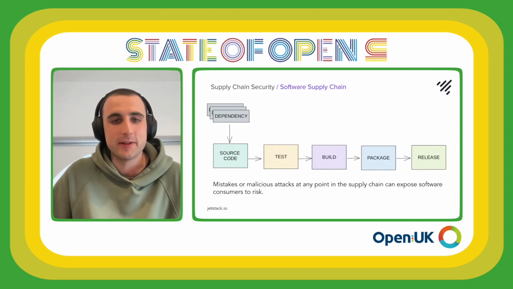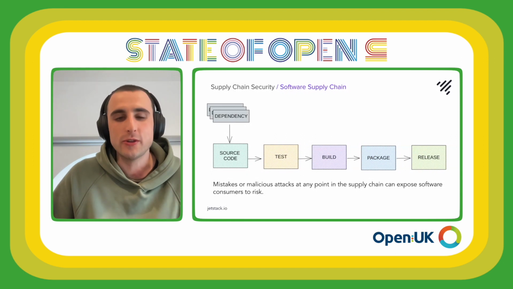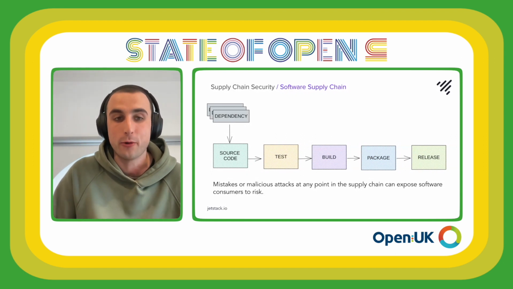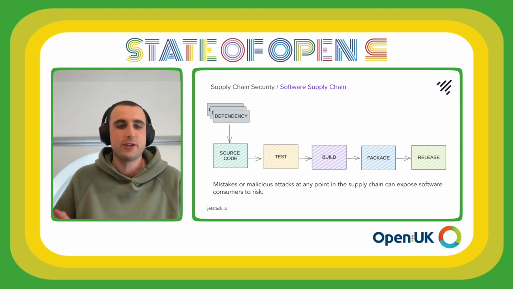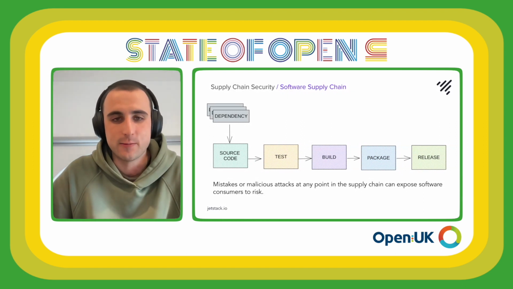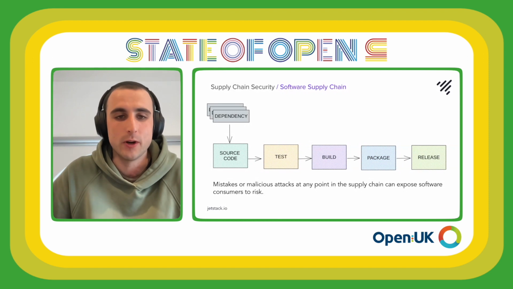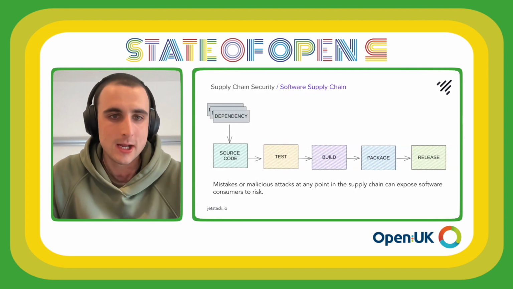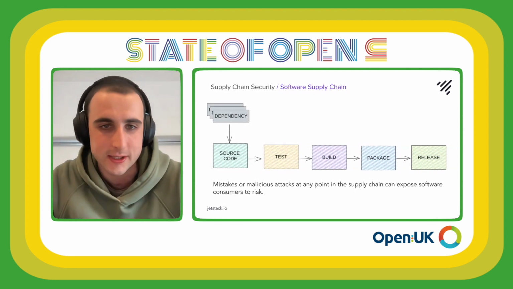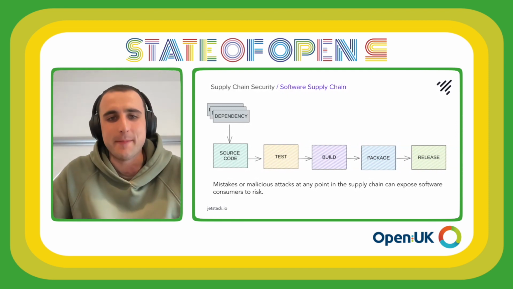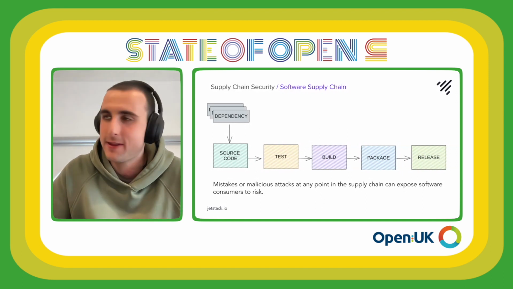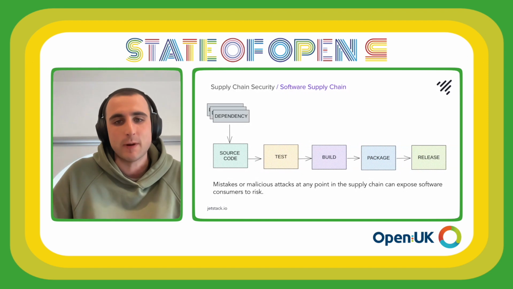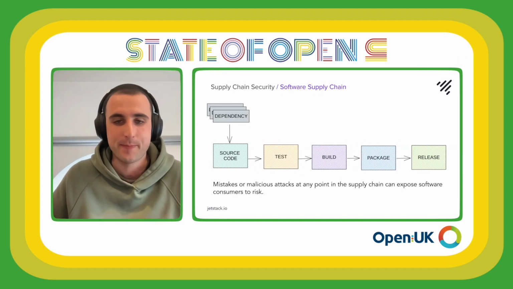Well, I probably want to test it. So I can perform unit tests against the source code to check that it's doing what I thought it was doing when I wrote it. And maybe I want to do some full integration tests as well to make sure the functionality works in the way that I expect it with other pieces of software that might be being written within my organization or indeed by myself. Once I'm happy with the quality of the code and I'm happy that it's doing exactly what I think it's doing, that's when we're going to go on with building the piece of software.